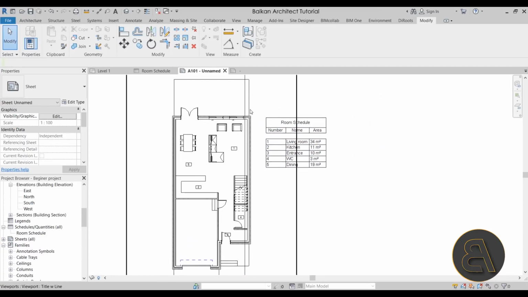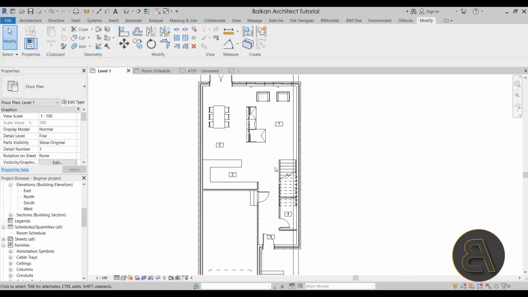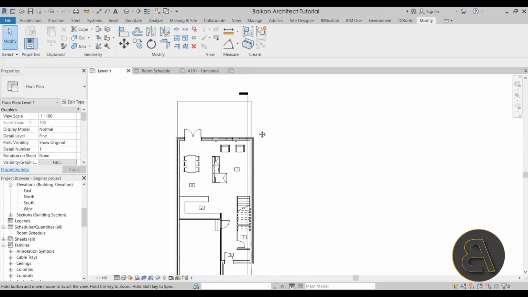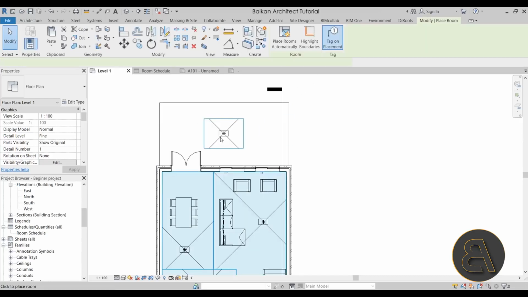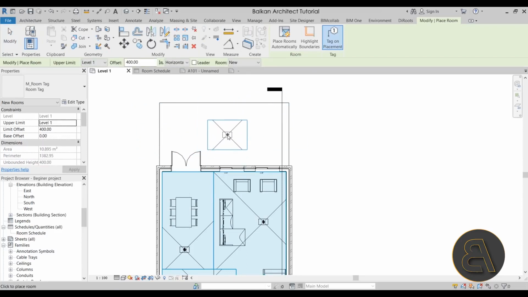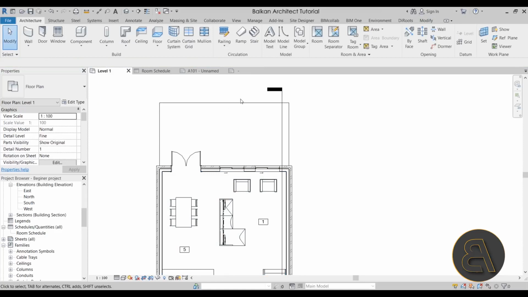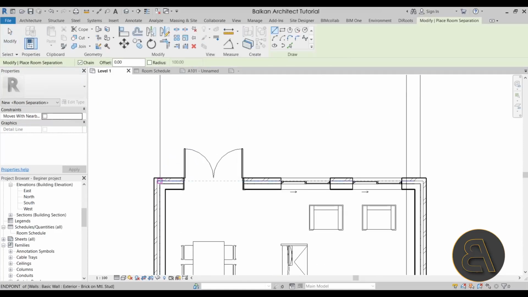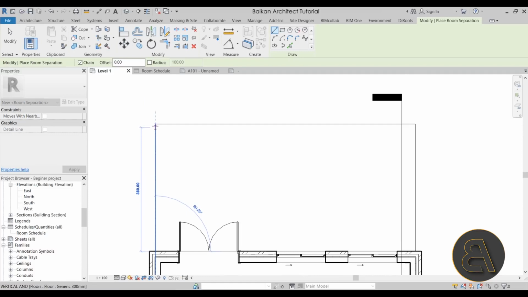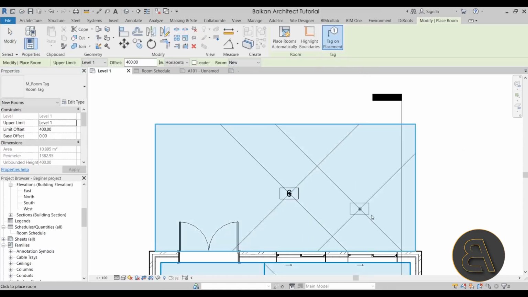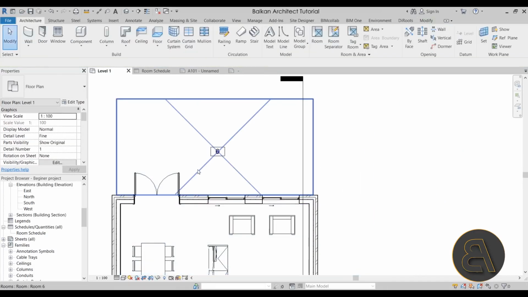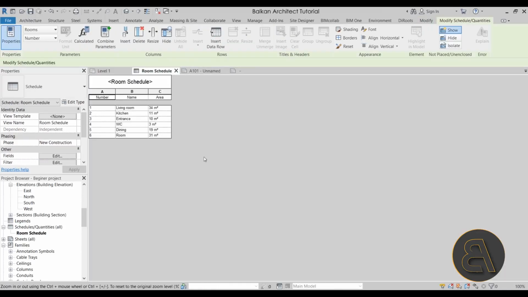And one more tip here for the outside areas, because you sometimes do have to include them into the whole area and so on. If you were to go to architecture and go to rooms to place a room, as you can see, it's not going to allow you to place it, and it's definitely not going to calculate the area. So what you want to do is use the room separator and just follow the whole outline like this. Luckily here we have a wall, and then when you go to place a room, it's going to be placed like that. So I can place a room there,